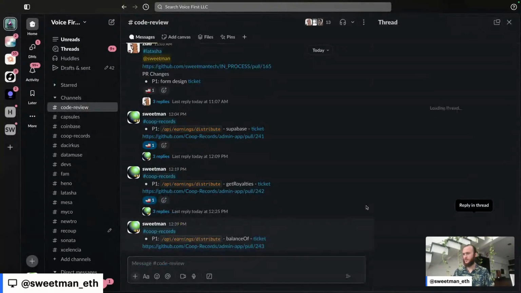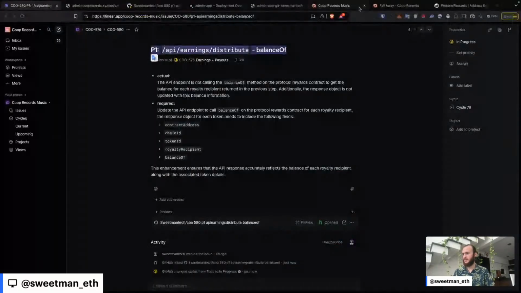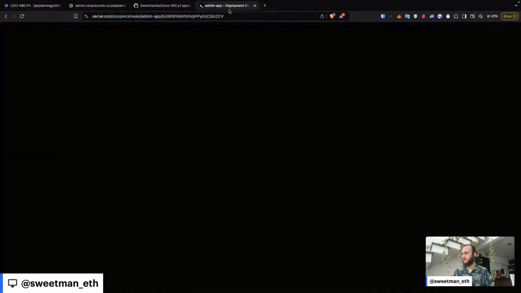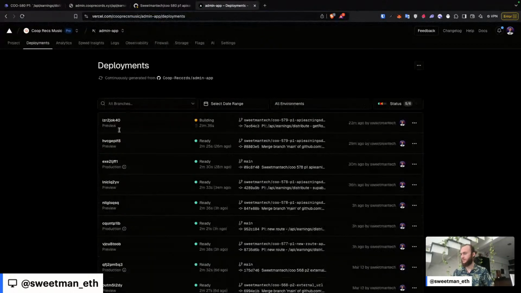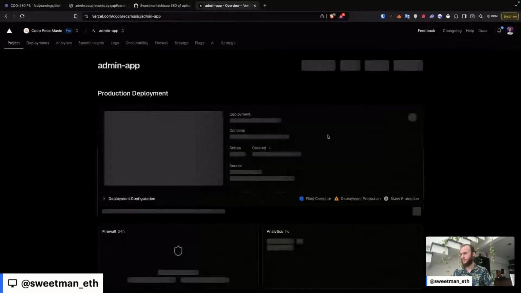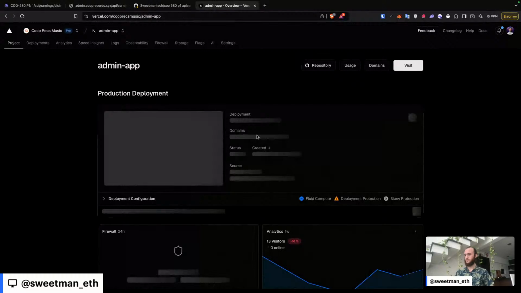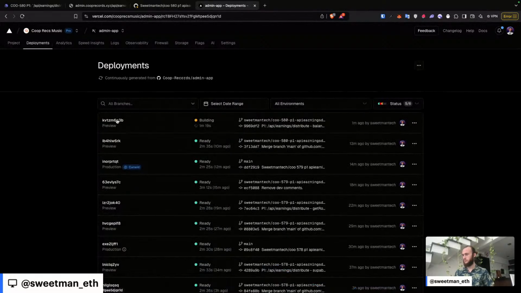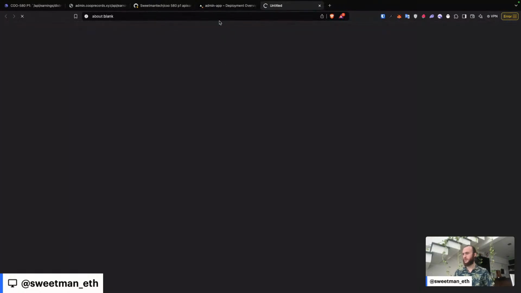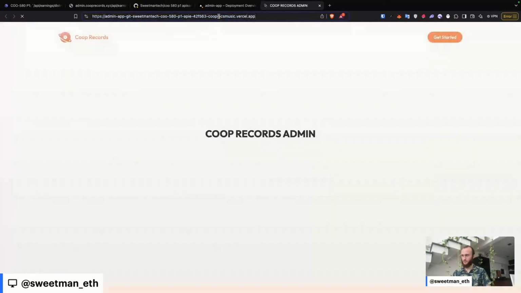Come into here and let's find our Vercel preview so that we can start testing this. We can close some of these and let's go back to Vercel, find the latest build that we want to actively track to determine when our changes are ready, which should be this one that's already been building for a minute. Go to the specific deployment, go to the specific domain, and now we'll go to the URL where we will be testing my changes, which is